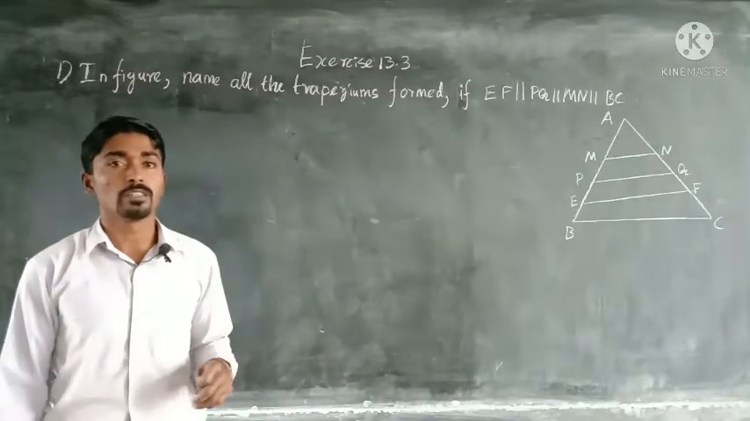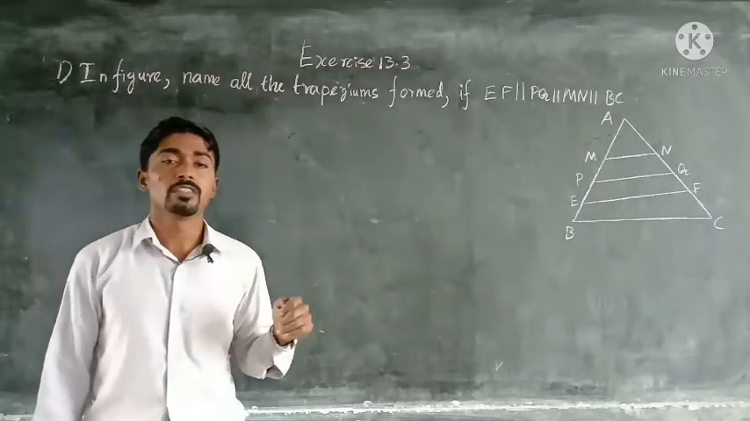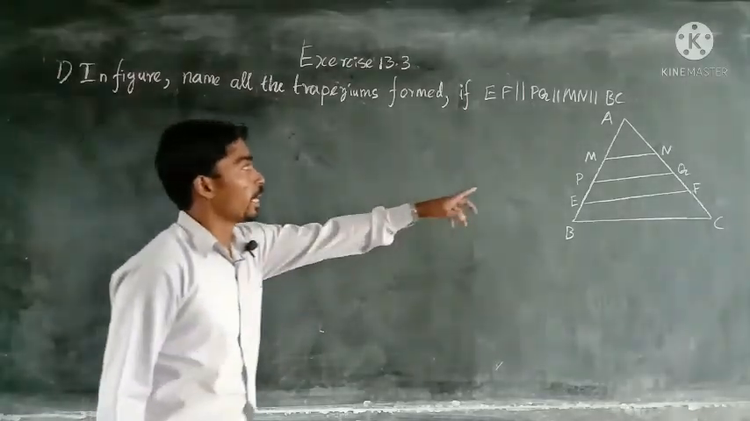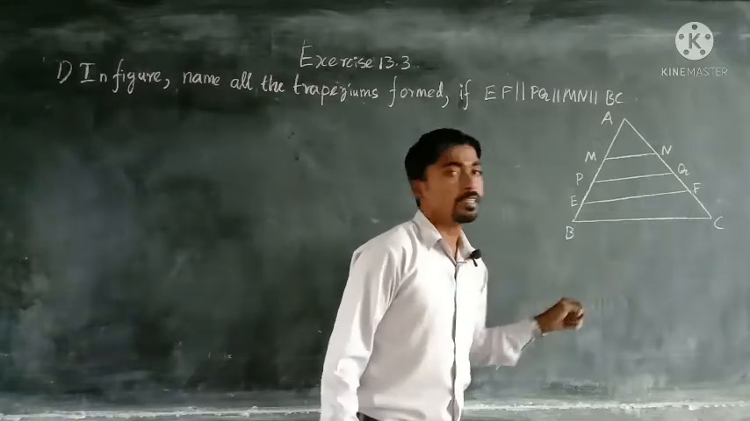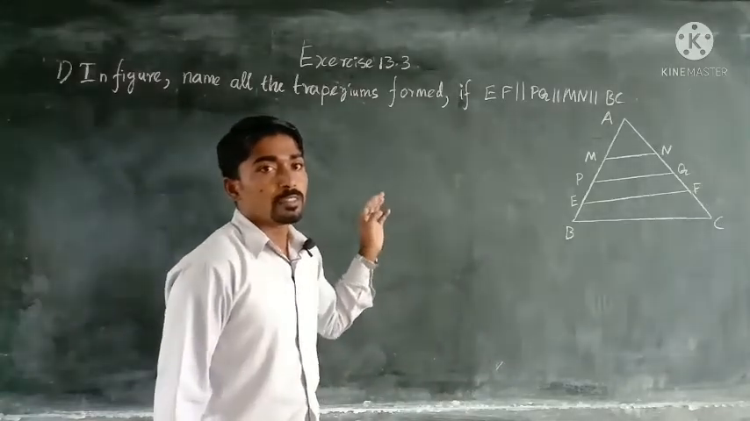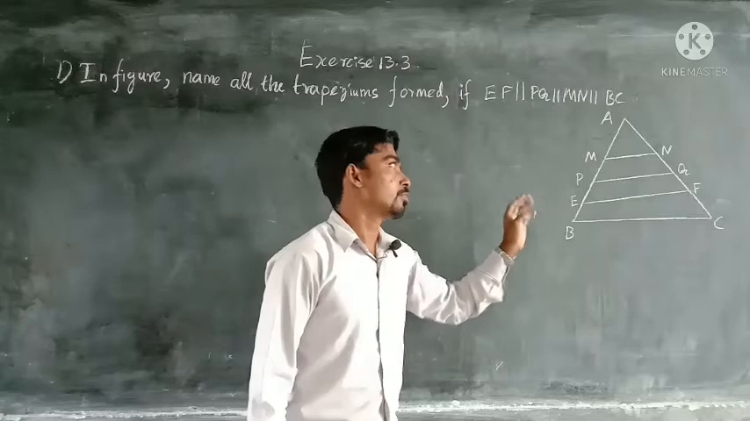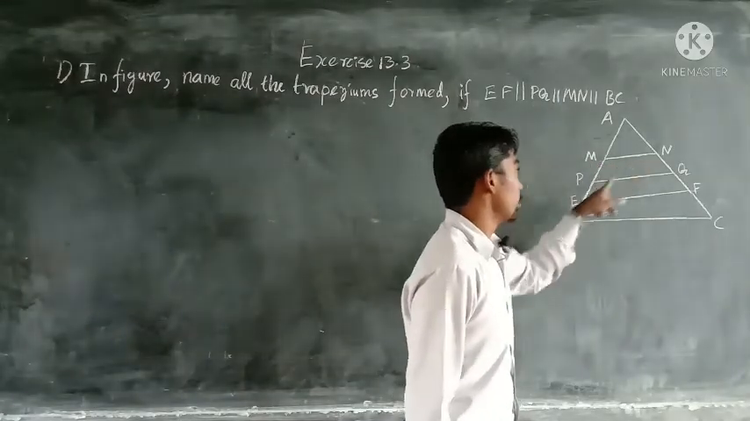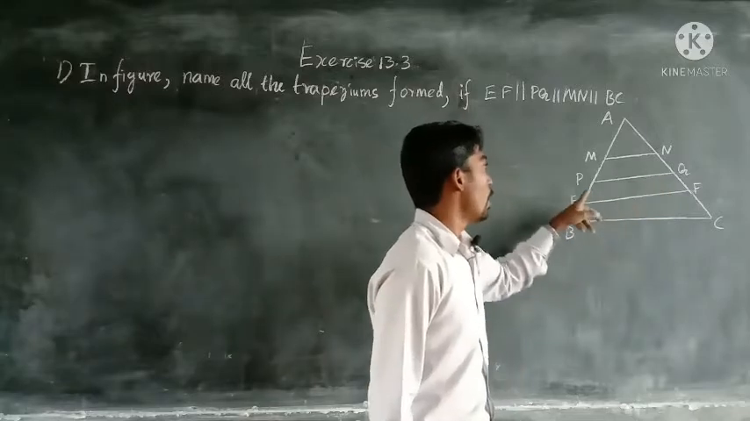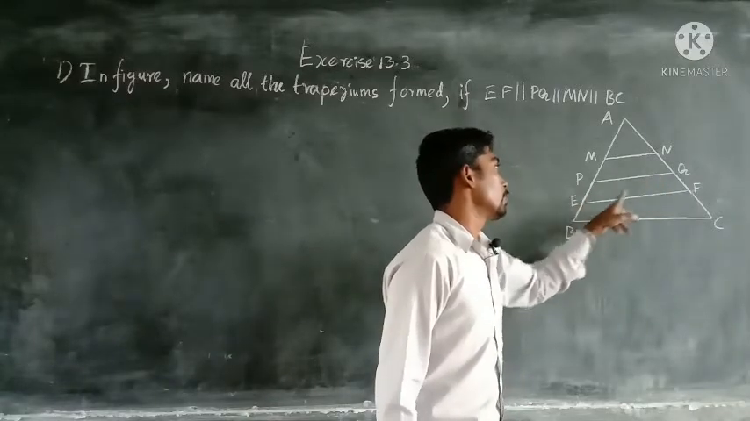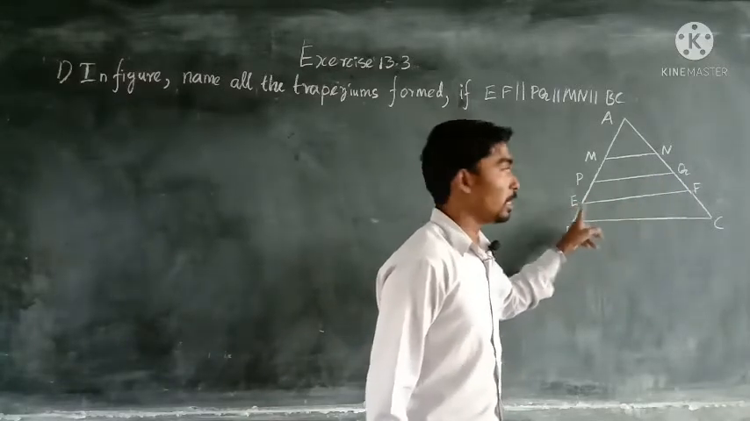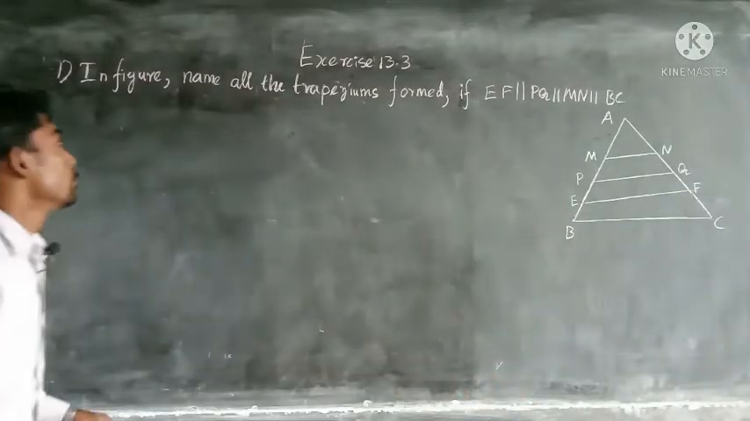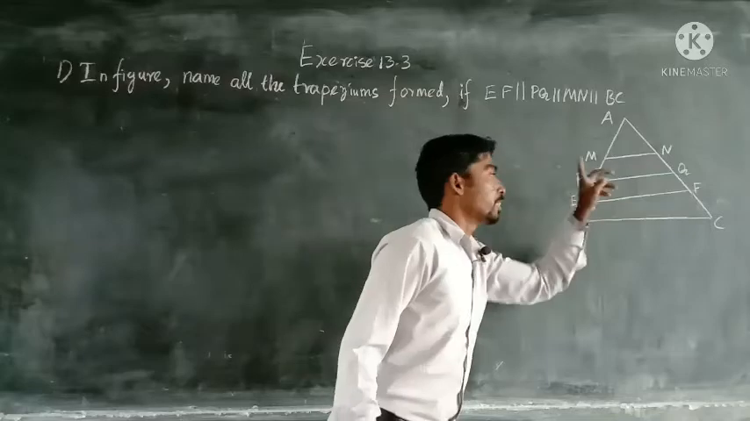Today we are going to learn some problems from exercise 13.3. Question number 1. In triangle ABC, we are going to name all the trapeziums. If MN is parallel to PQ and PQ is parallel to EF and EF is parallel to BC, we will get trapezium